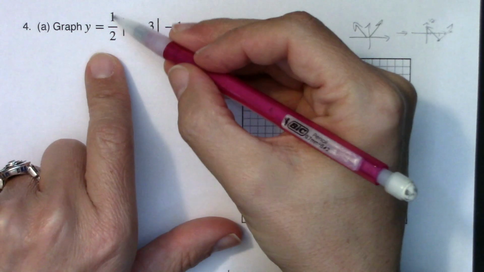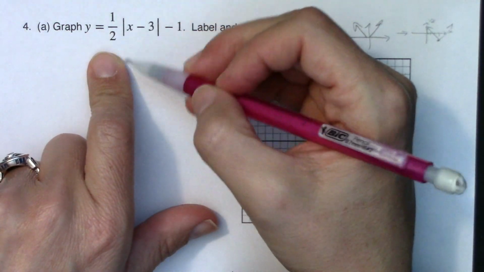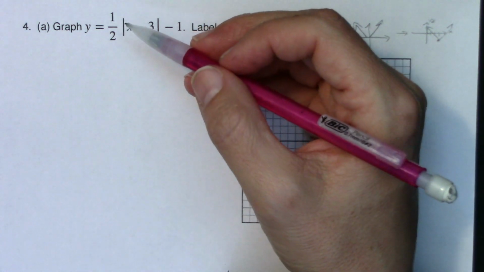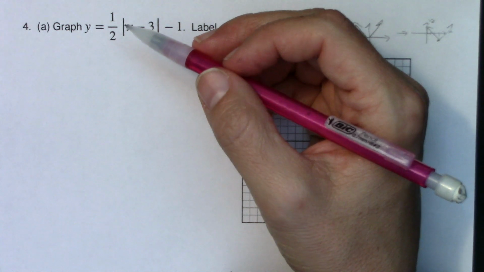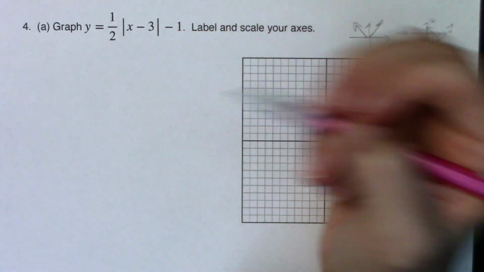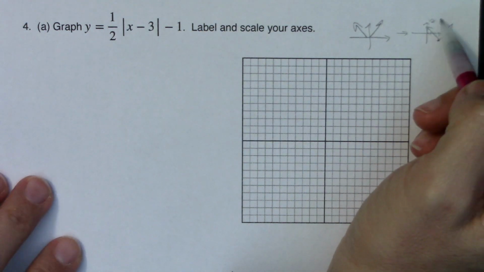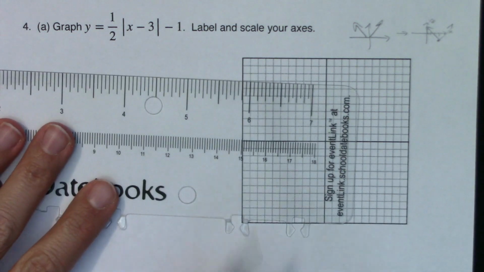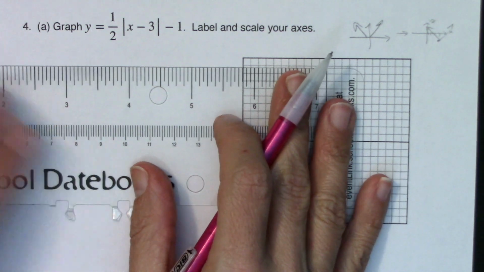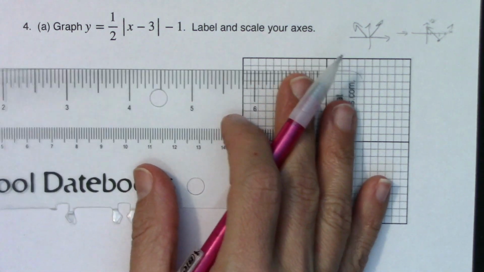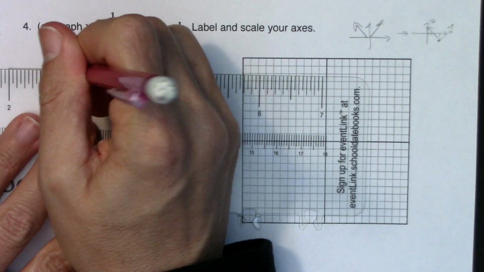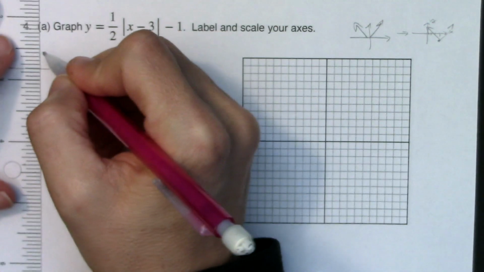And I gotta account for the fact that I have a little bit of a compression because I have this factor of 1/2 out there. So before I even get going, I can get an idea of what that graph would look like. But let's say you weren't sure, this is always going to work. You make a table of values and you pick the X values and then you see what the corresponding Y values are. So if I wanted to,